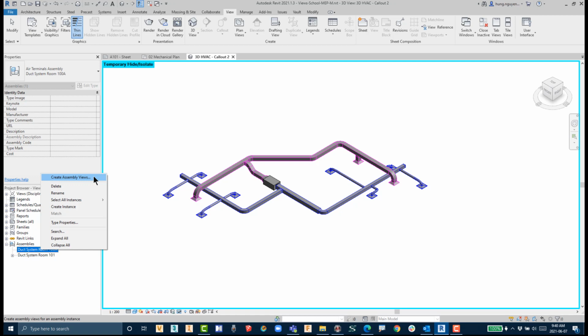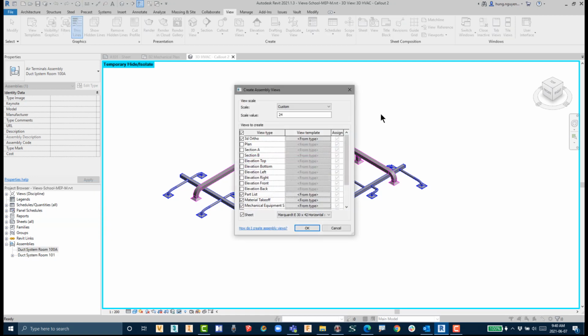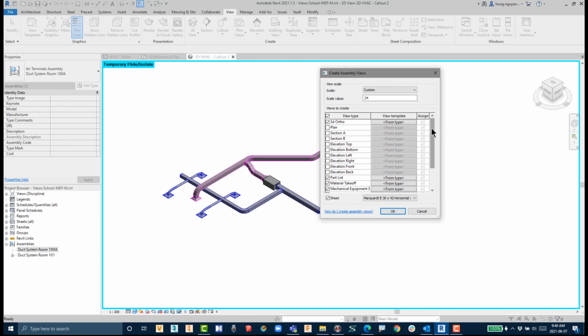If I hit that create assembly view, it will then ask me for the specific scale. I just choose scale 24, whatever. And what kind of views should I create here? I deselect some, but however, I'd like to have the 3D ortho, what you see right here. And along the way, if you pull out a list, you also can ask the system to create all of the part list, the material take-off, mechanical equipment schedule, air terminal, duct schedule, and the rest of it